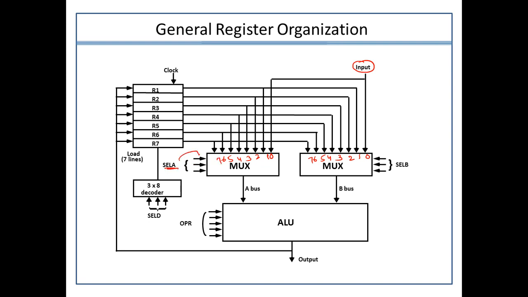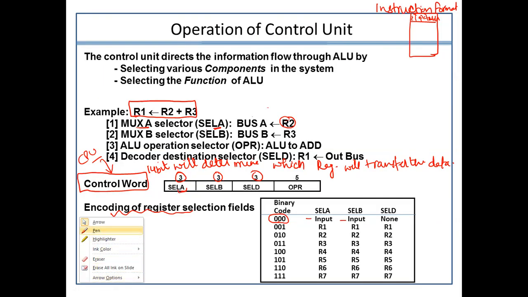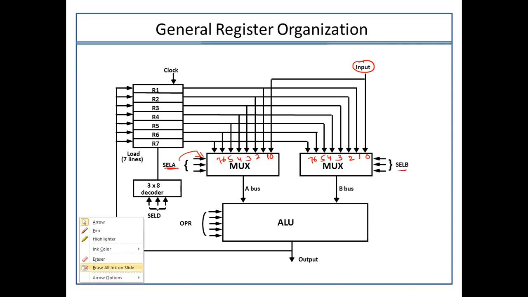So this is selection line A for mux A, selection B for mux B. This is what they are explaining here: the selection line A, binary code 000, will determine which input value will be selected at the selection line. Now this is from the mux, and this is also from a multiplexer, but this is from the decoder. Here we are not performing anything, because we are only using R1 to R7 registers. So the 000 code means nothing will be happening, because we are signifying the codes like this.